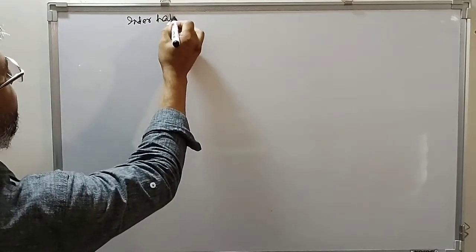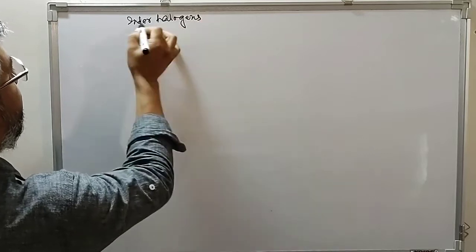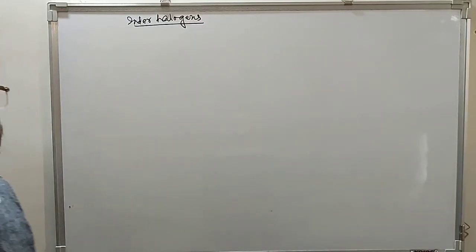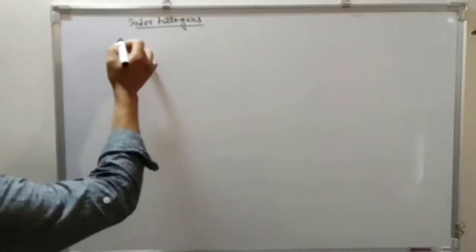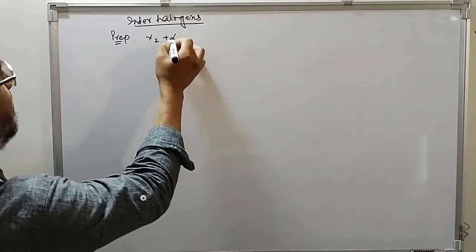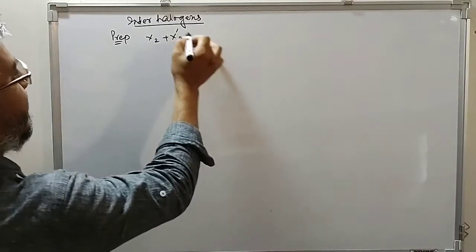So next we are going to discuss inter-halogens. Inter-halogens means compounds formed between two different halogens. As I told you, from the preparation point of view, we have X2 combines with X2 prime,